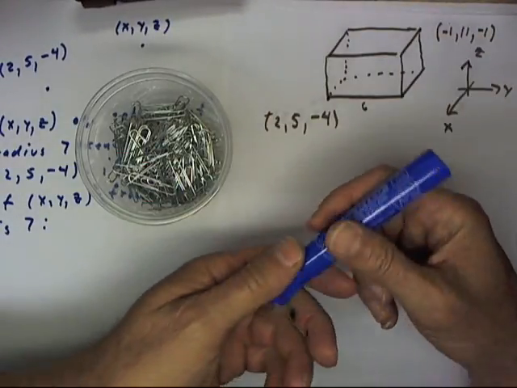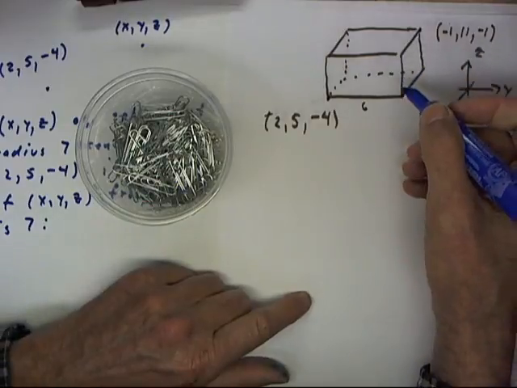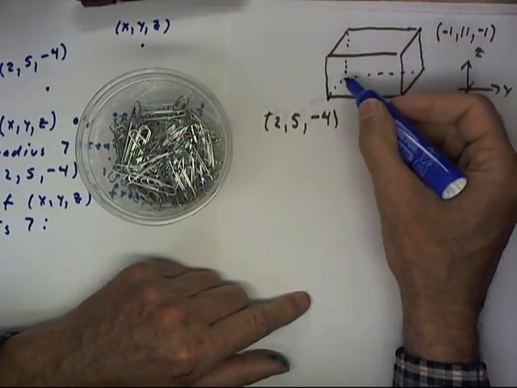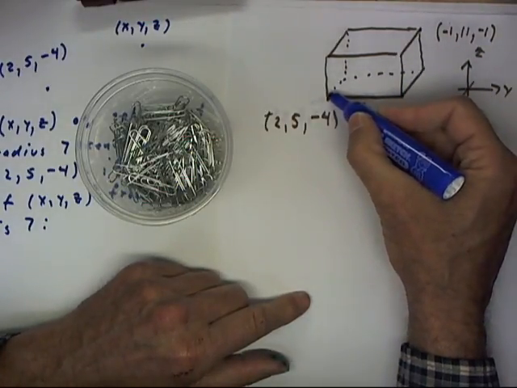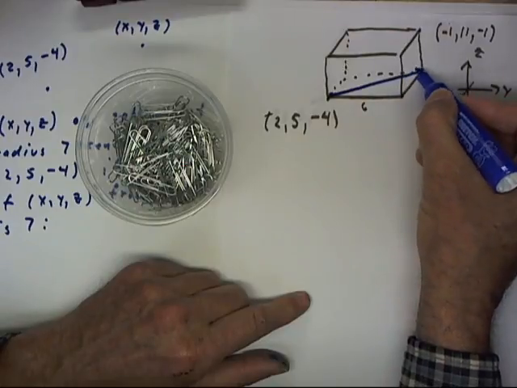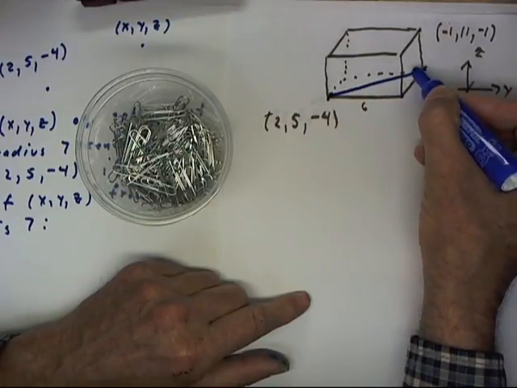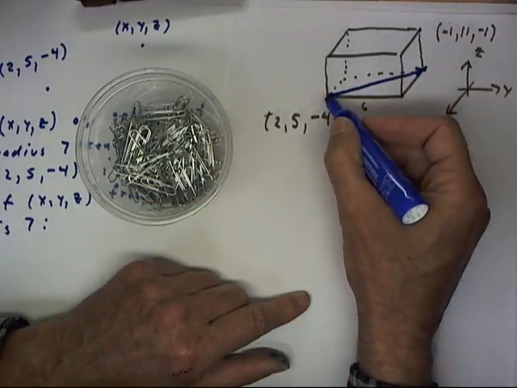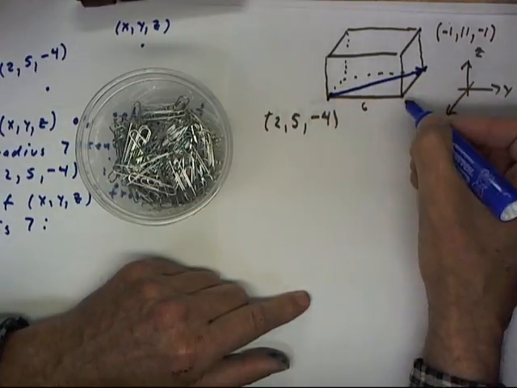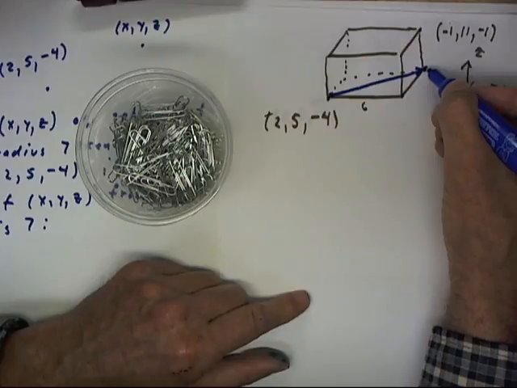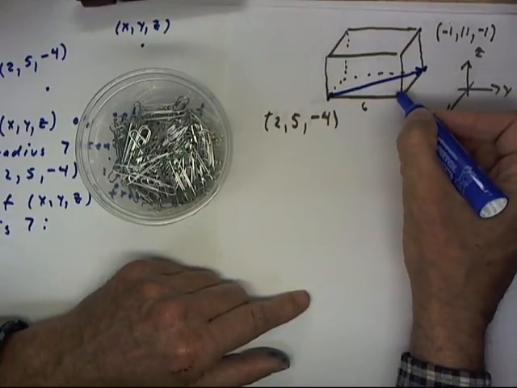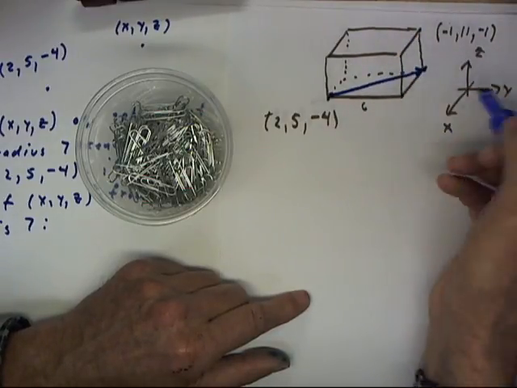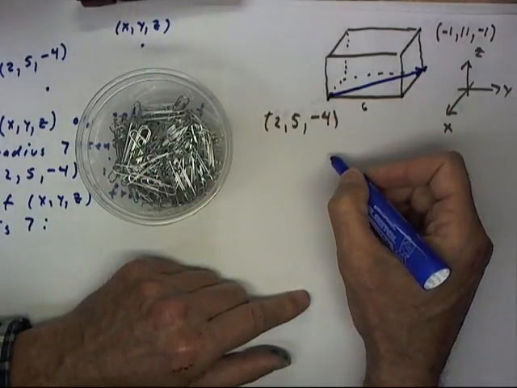we can start by asking ourselves, how far is it from this point to this point at this lower corner? Okay, to get from here to here we have to go 6 units in the Y direction, negative 3 units in the X direction. Now all the angles at the corners of this box are assumed to be right angles,